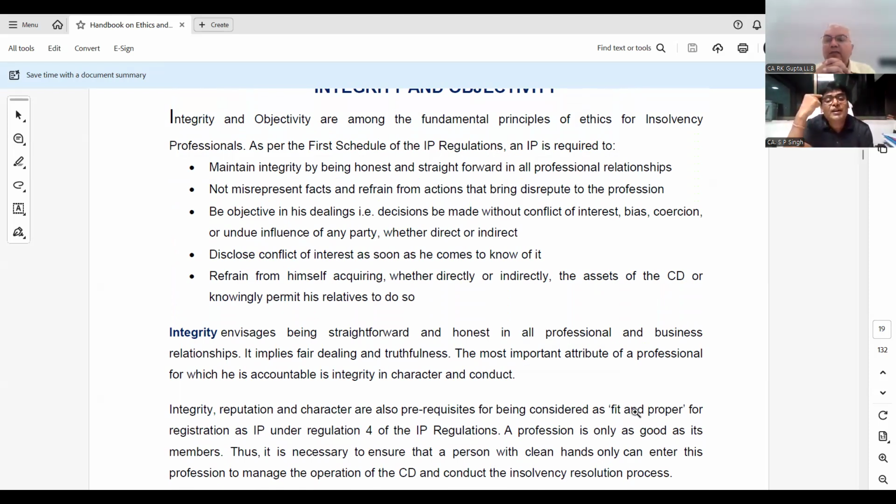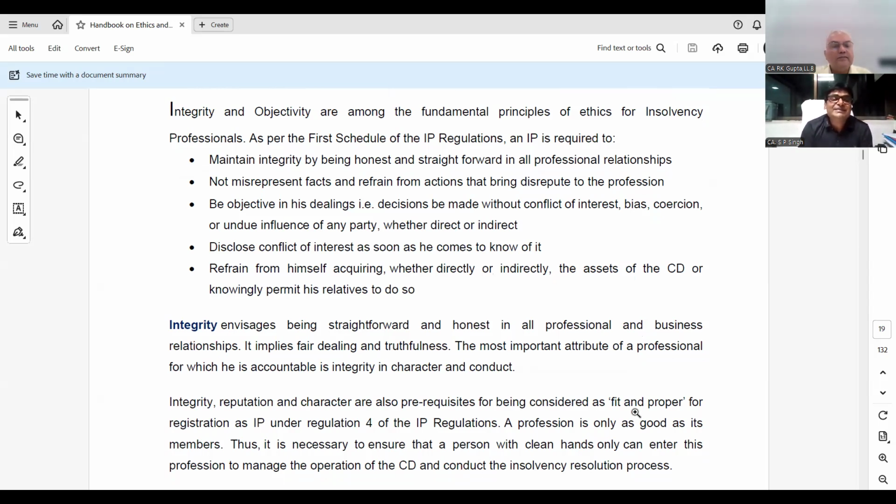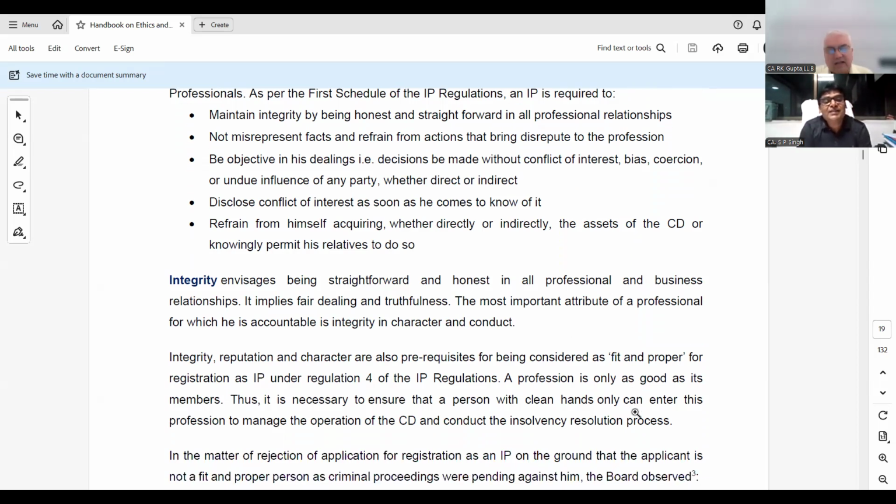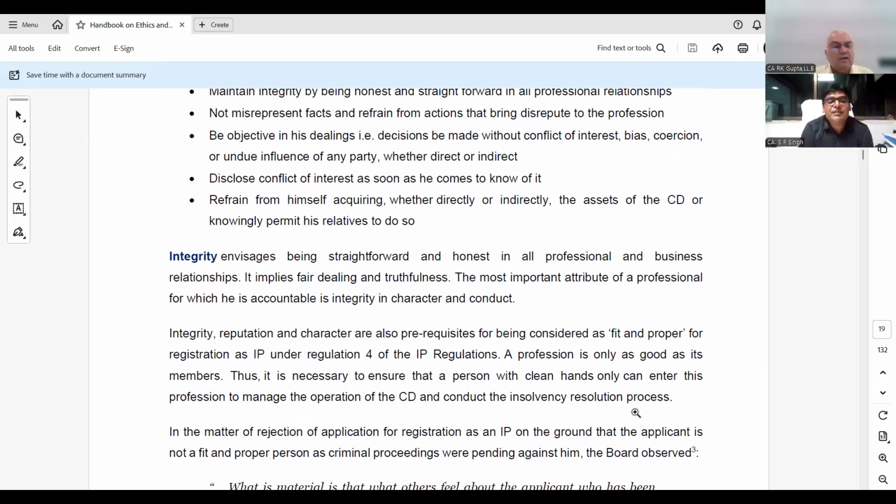In case the IP wants to get it for himself or his relatives and it is an arm's length transaction, then it may be possible, but you, the IP, have to obtain the permission of the adjudicating authority, which we have already seen in mode of sale. In mode of sale, permission has to be taken. You have to obtain the permission of the adjudicating authority, but rather you should avoid. This is what they are saying. Right, but a question can be asked on this type in a twisted way. Yes, legally it is permissible if you get the permission of the adjudicating authority, but here they are saying you better avoid these things. Right.